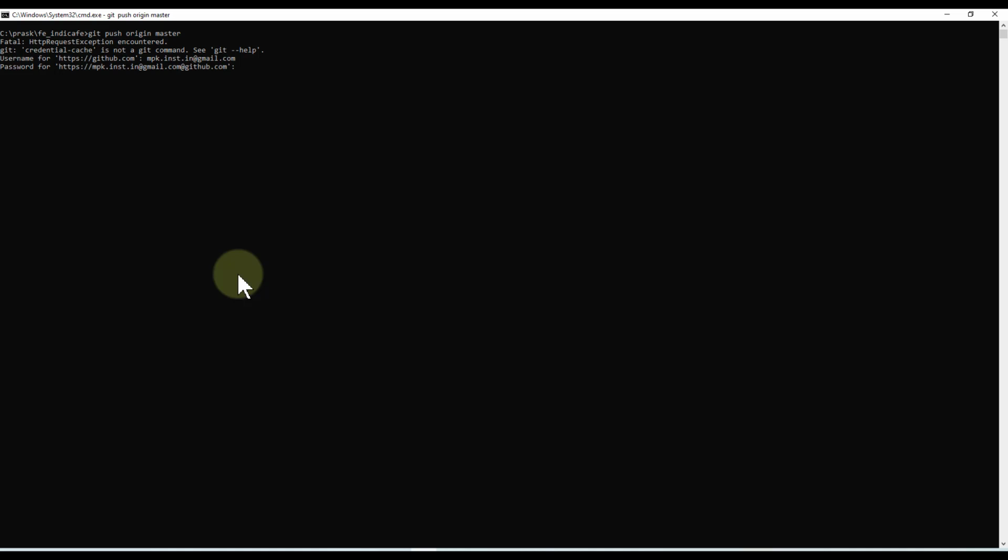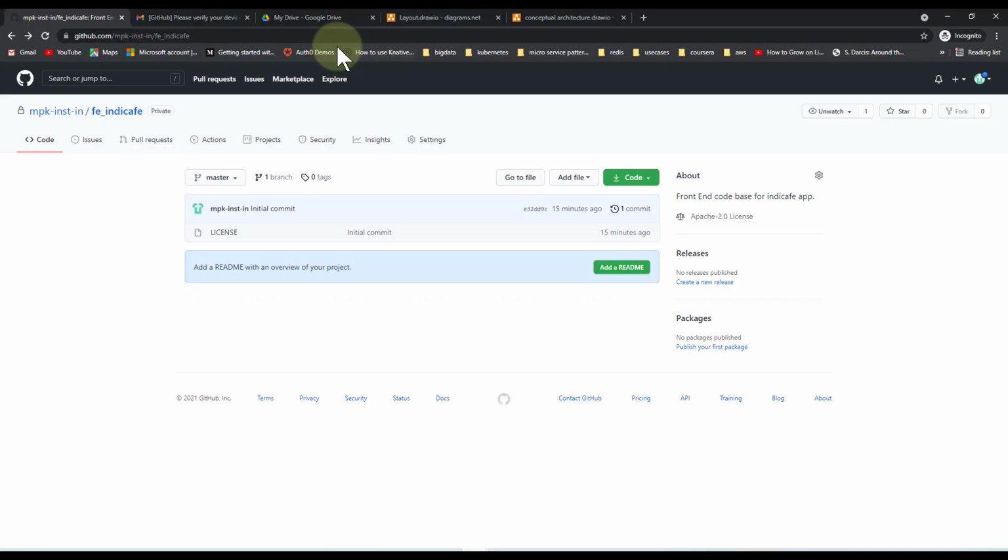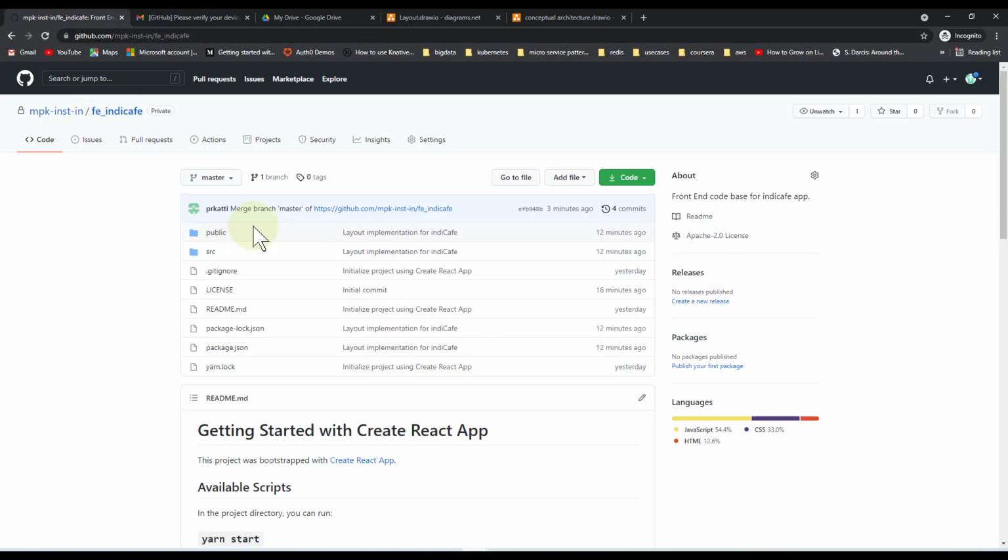Let's see, fingers crossed. Looks like it's writing something to our repository. Should be fine. It's at 34%, slightly slow. Alright, so this is now completed. I'll go ahead and look at the current repository. It should now be updated. Right now it says we have a few commits here from 3 minutes ago. So if you look at it, we have one branch, which is the master branch, and that's the default branch, and going forward, we'll add more and more dev branches and merge to the master,